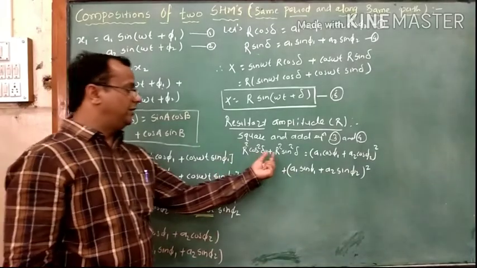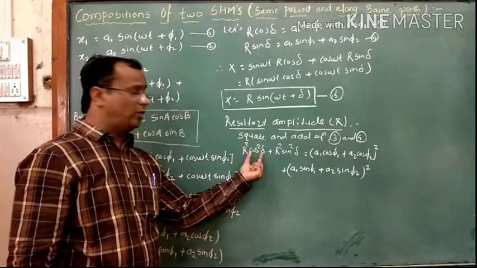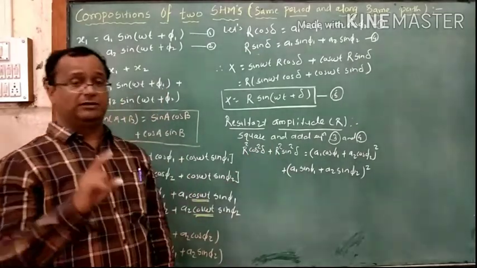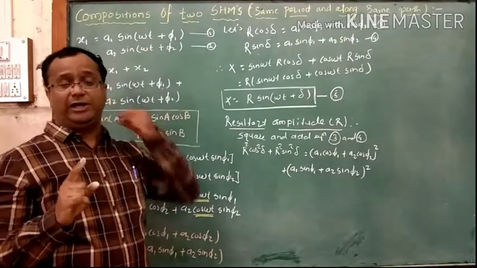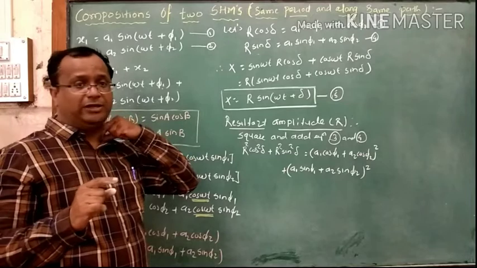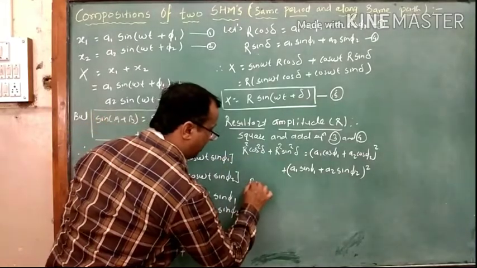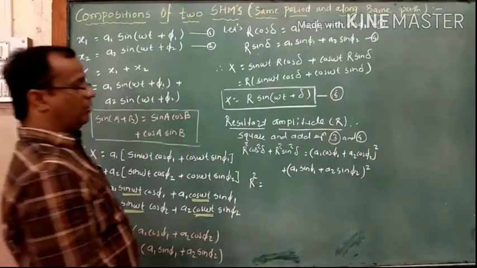If you take R square common here, then inside the bracket we get cos square del plus sin square del. But we know the trigonometric identity: sin square theta plus cos square theta is nothing but 1. So instead of this, we simply write R square. So R square is equal to